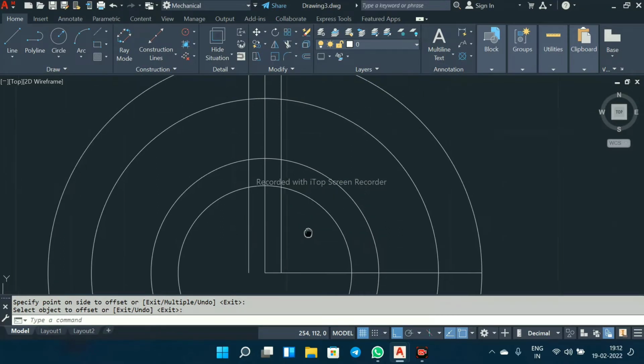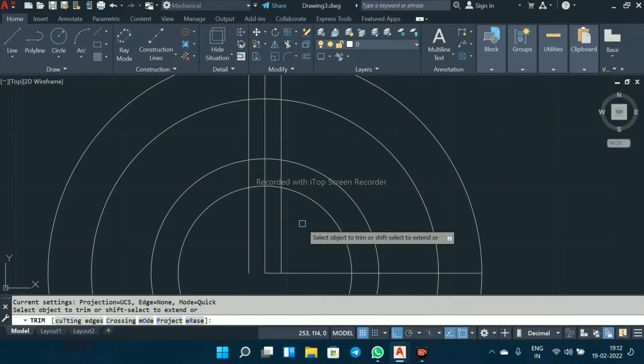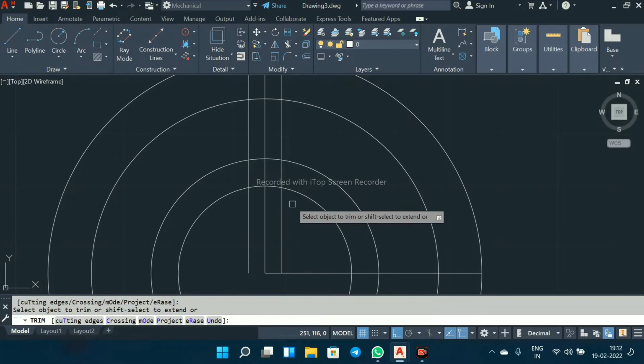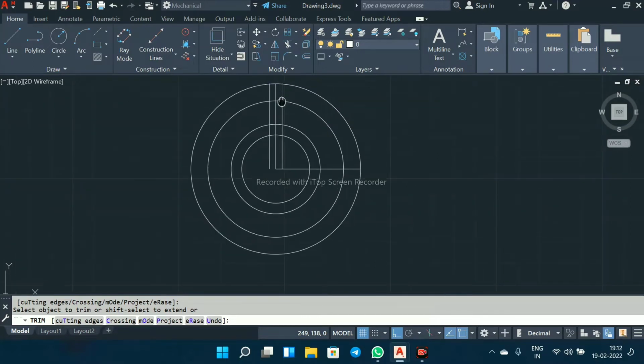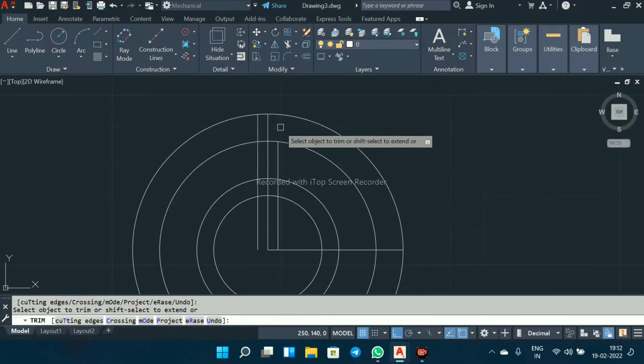So I will make one cut here with trim. Select here or type TR, enter and second enter. You can use spacebar also. And you can see the cross mark here, that means it is trimming.